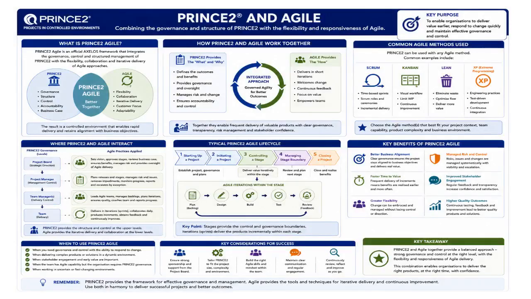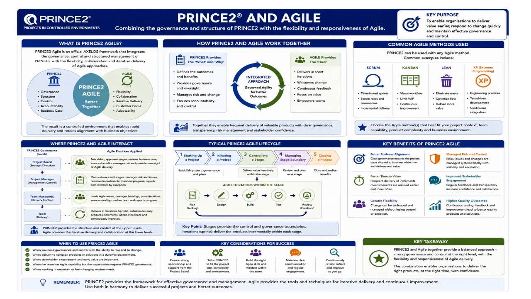PRINCE2 and Agile. This slide explains how PRINCE2 and Agile work together to create a balanced and flexible approach to project management. Traditionally, some organizations believed they had to choose between PRINCE2, which focuses on governance and control, or Agile, which focuses on flexibility and rapid delivery. However, PRINCE2 Agile combines the strengths of both approaches so organizations can achieve strong governance while still remaining adaptable and